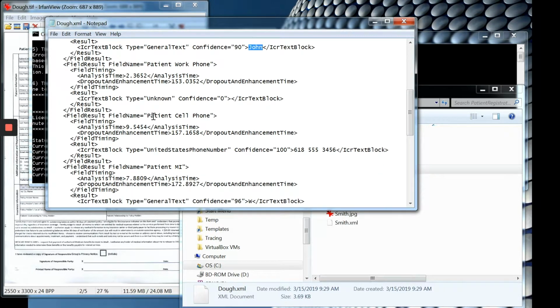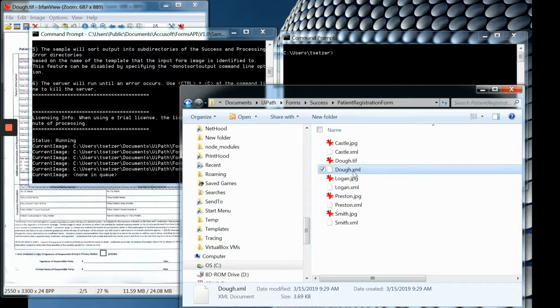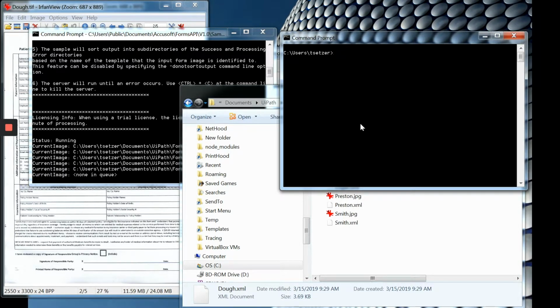See, the patient's cell phone number is here. This is all in XML format. So as you go through and process these, it puts it out into these different files. We also have samples that demonstrate how to push this information straight into a database or into other streams of use. You would also typically want to have a validation station to verify that the information is correct prior to